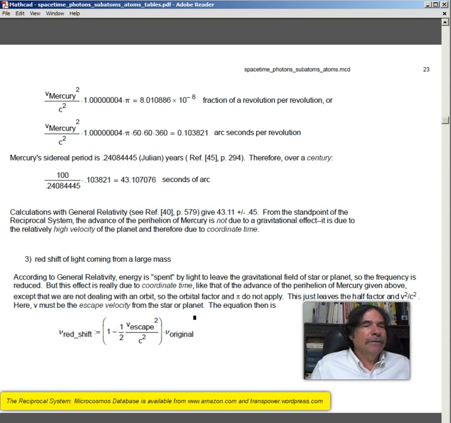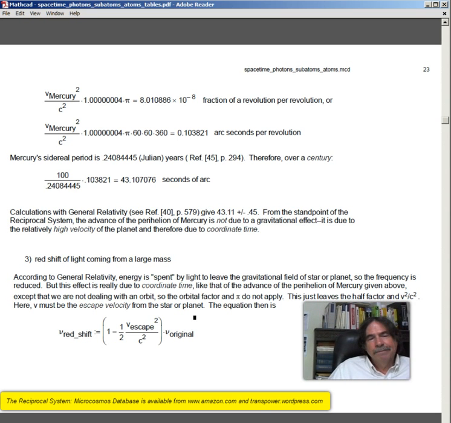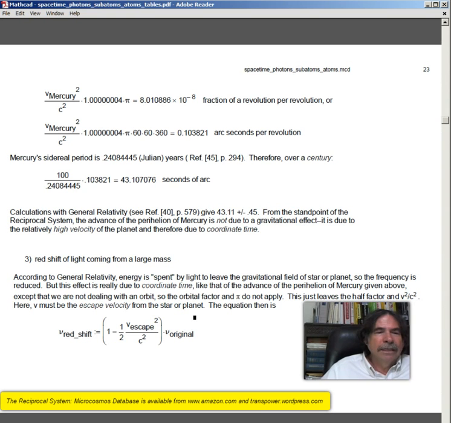Number 3, redshift of light coming from a large mass. According to general relativity, energy is, quote, spent by light to leave the gravitational field of the star or planet, so the frequency is reduced. But this effect is really due to coordinate time, like that of the advance of the perihelion of Mercury given above, except that we are not dealing with an orbit, so the orbital factor and pi do not apply here. This just leaves the half factor in v squared over c squared. Here, v must be the escape velocity from the star or planet. The equation then is